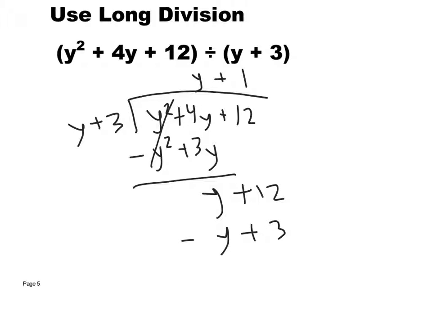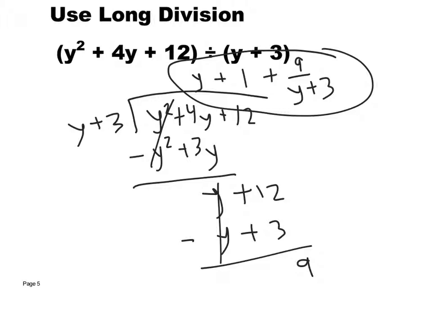And then I subtract. What is y minus y? Cancels out. It's 0. What is 12 minus 3? 9. So here's what my answer is. It's y plus 1 plus 9 over y plus 3. That's our remainder. It's just like when we did numbers like,